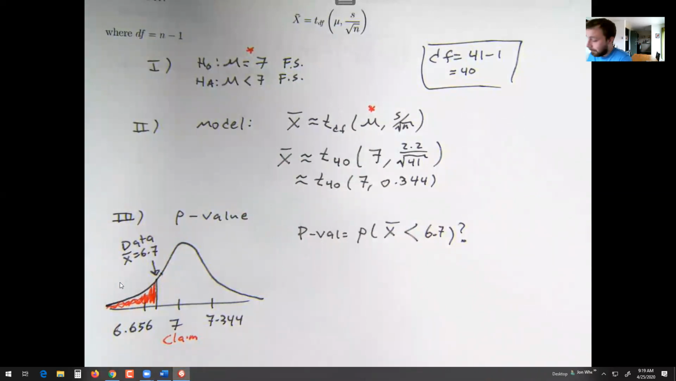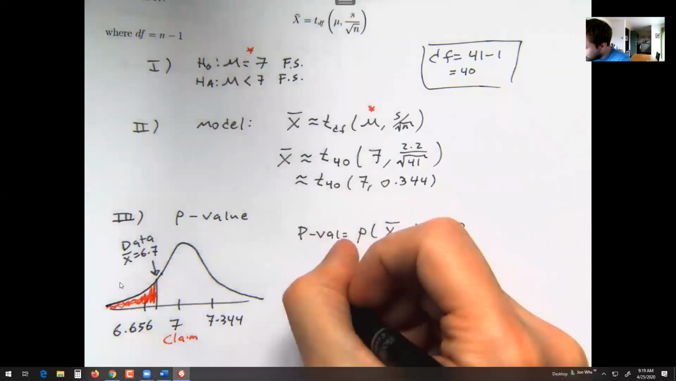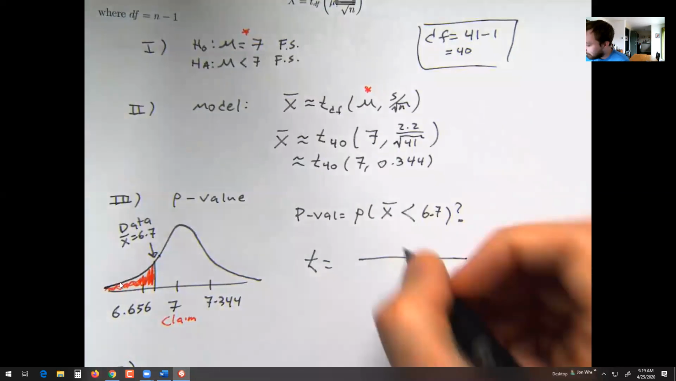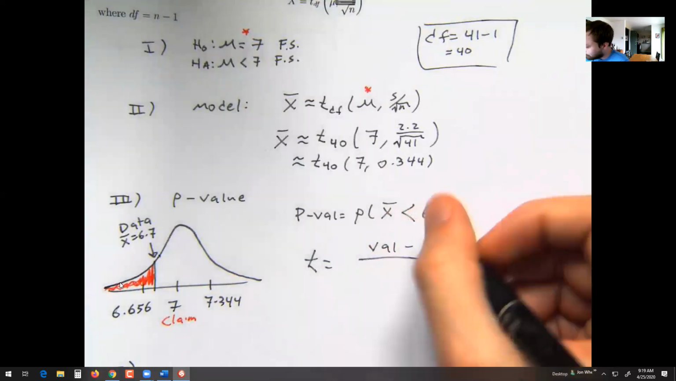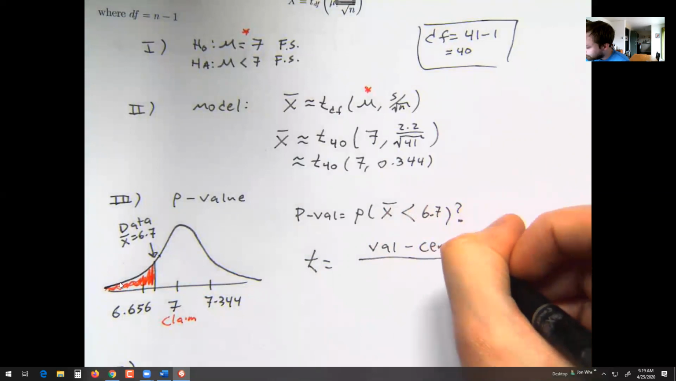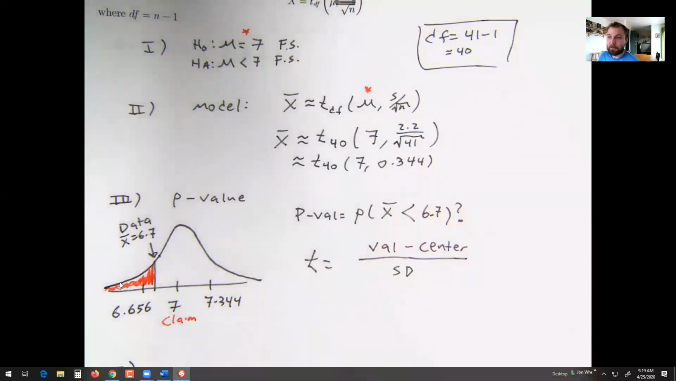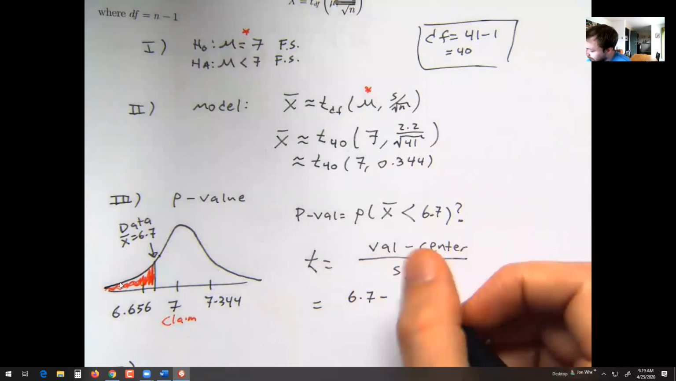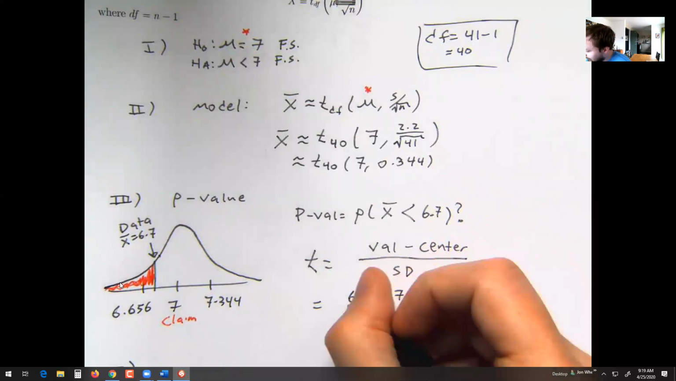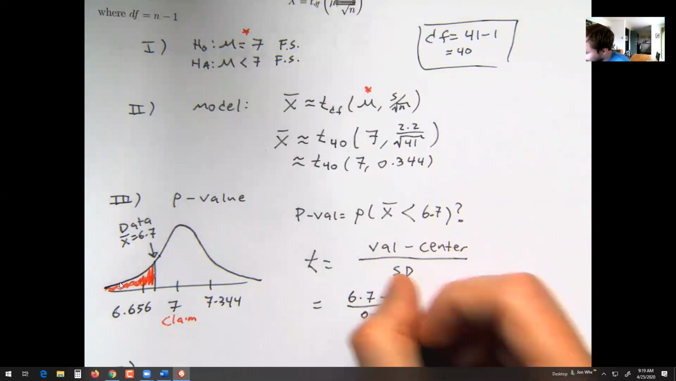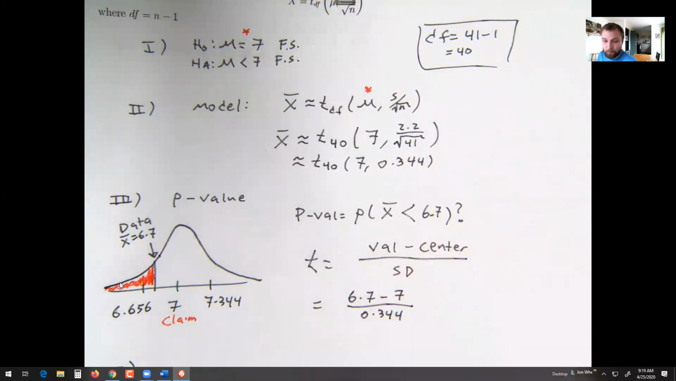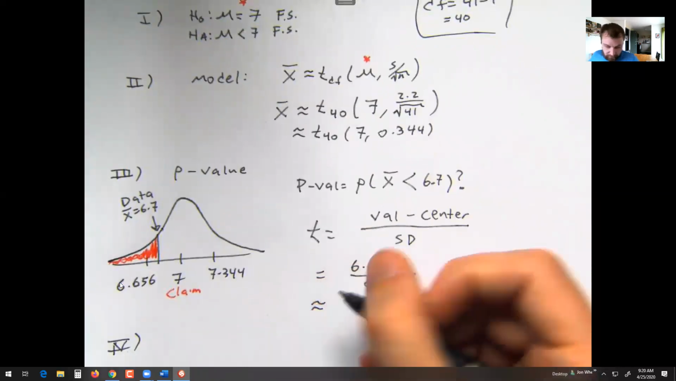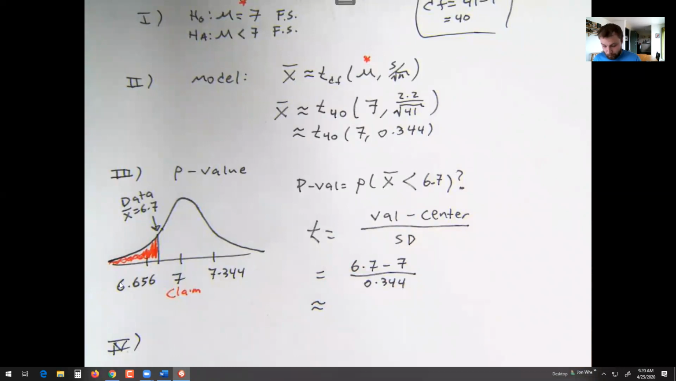I'm going to find my test statistic or my t-score, and I'm going to do this the same way I would find a z-score. I'm going to take the sample value that I care about minus the center of my model, and I'm going to divide this by my standard deviation. In this case, I have 6.7 minus my center is 7. My standard deviation is 0.344. Typing this into a calculator, I end up getting a t-score,